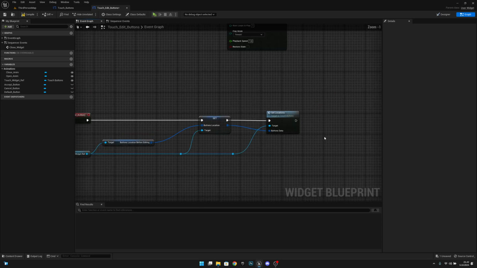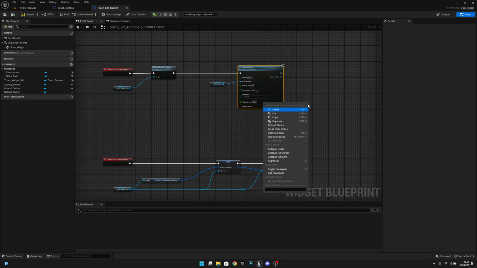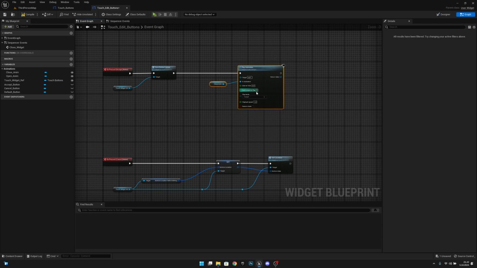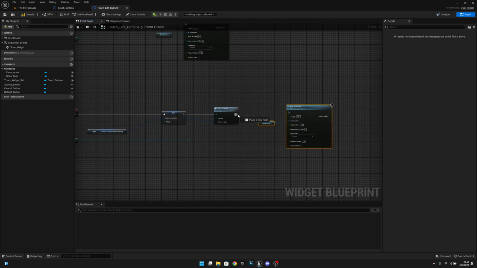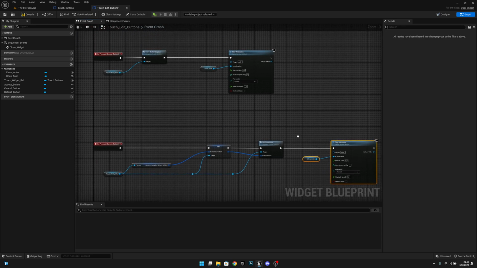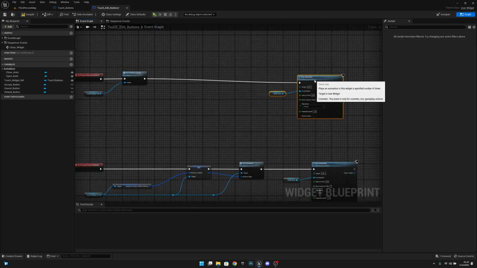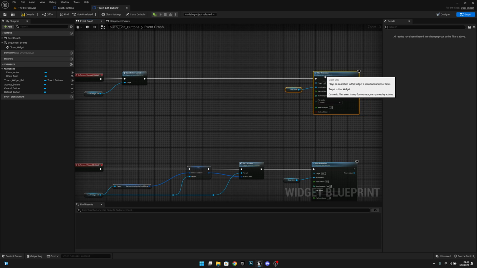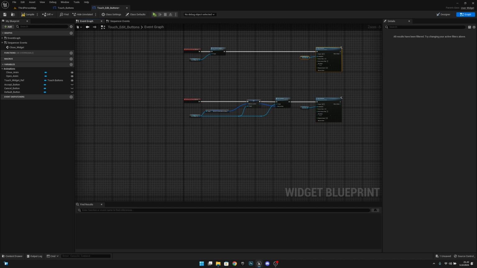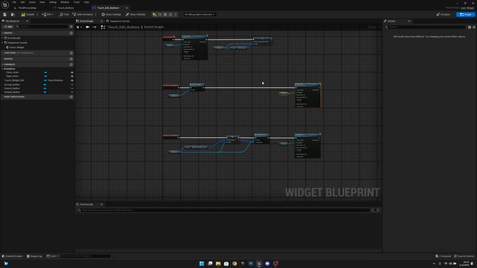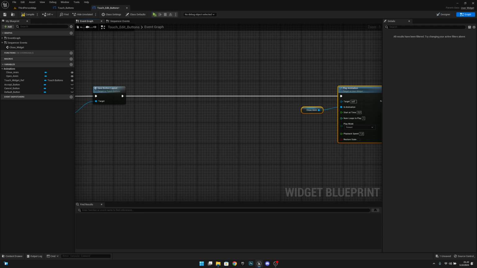After that, we want to do the same as here. Let's copy this play close animation. Let's paste it here. Now that we have both of these here, we can move these to the same position if we want. I like to do it like this. Okay, and the next one, which is actually the last one,